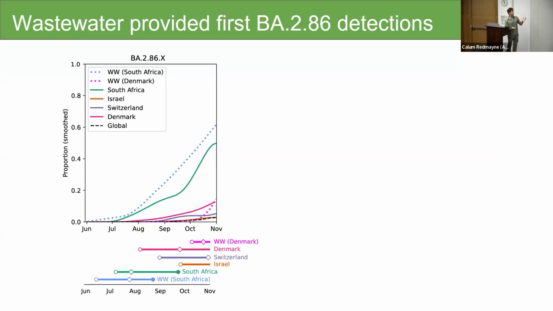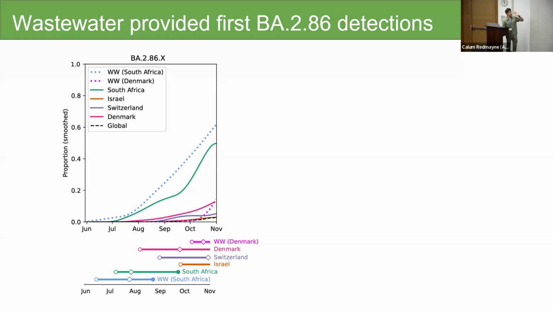Another very useful case is not just in spread of ongoing or already circulating lineages, but of lineage emergence. So through our collaboration at NICD in South Africa, we were able to detect the first known detections of BA.2.86 in advance of clinical data. Of course, this was not available until after, so these are date matched. The actual initial detections of BA.2.86 were out of Denmark instead. But the actual dated earliest detections are in wastewater and then in clinical data in South Africa.